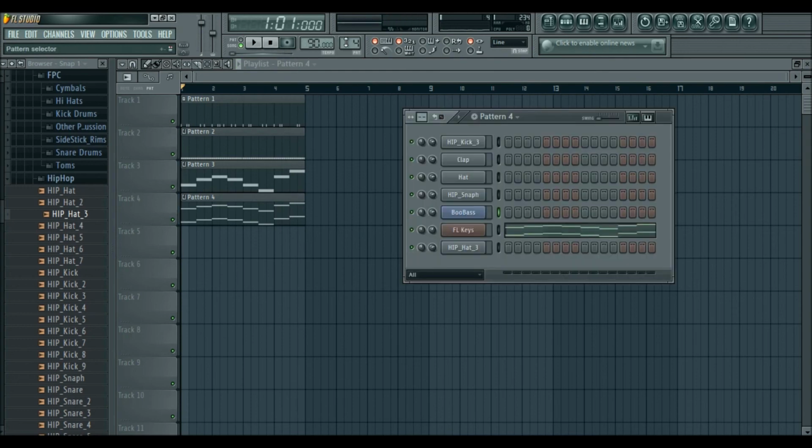Now we are going to move on to the piano melody. I like to do it above